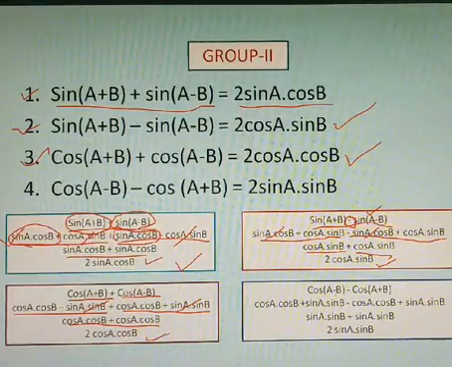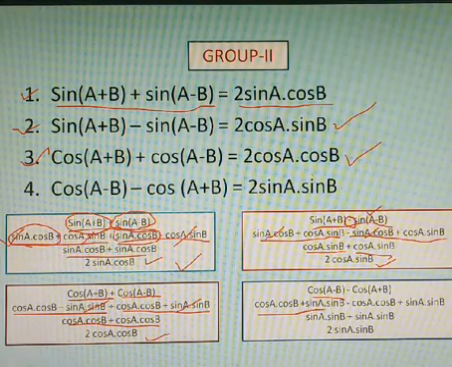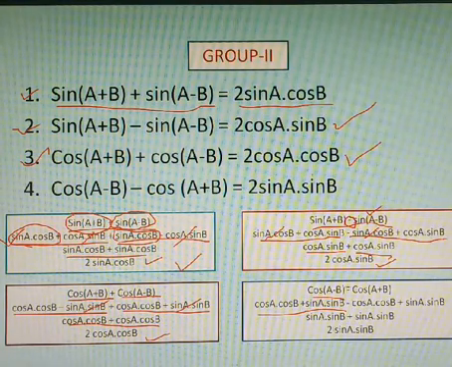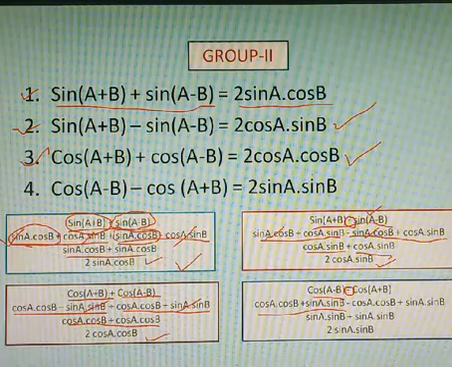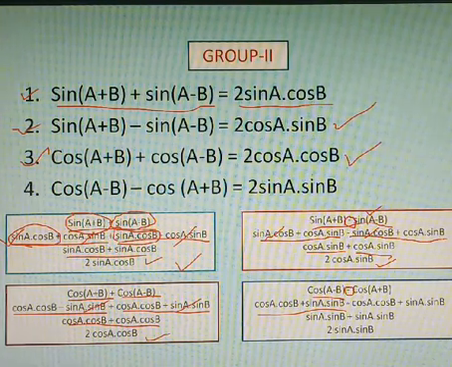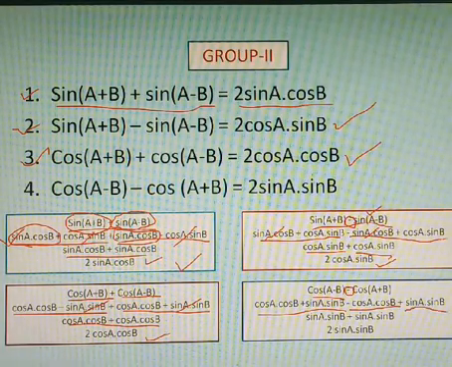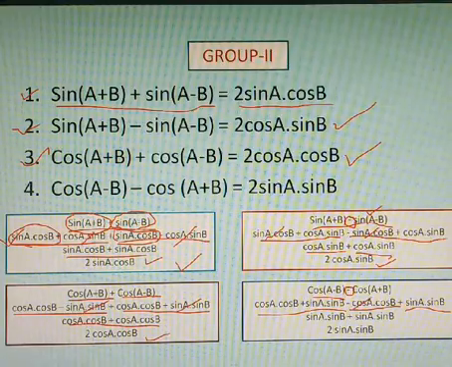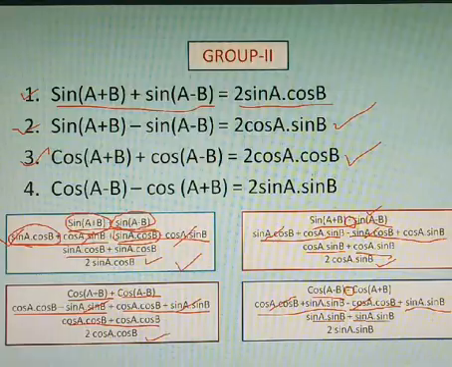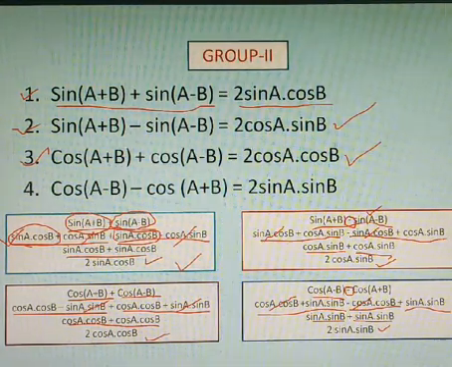And in formula number 4 also, cos A minus B has the formula cos A into cos B plus sine A into sine B. The minus sign is common, that's why we'll multiply the formula of cos A plus B with a minus sign, and we'll get minus cos A into cos B plus sine A into sine B. This and this will get cancelled. Finally, there remains sine A into sine B twice, and finally we have 2 sine A into sine B.